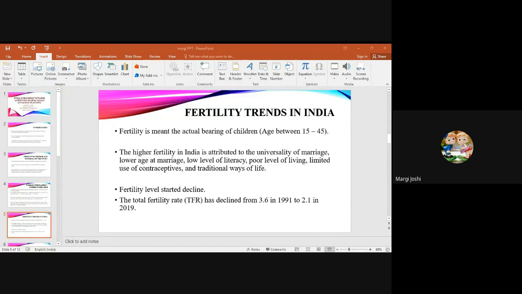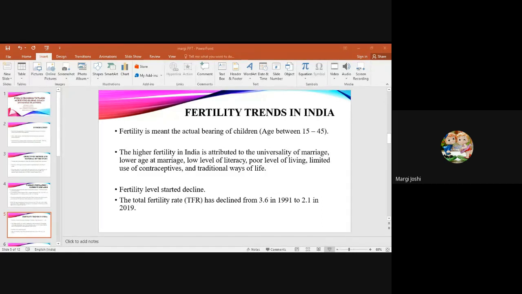Then we are focusing on the Sustainable Development Goals, which previously were the Millennium Development Goals. In that, MDG 5 is related to improved maternal health, including universal access to reproductive health, including family planning. After the successful MDG goals, the world accepted the 17 SDGs. Among them, Sustainable Development Goal 3 is related to ensuring healthy lives and promoting well-being for all at all ages.